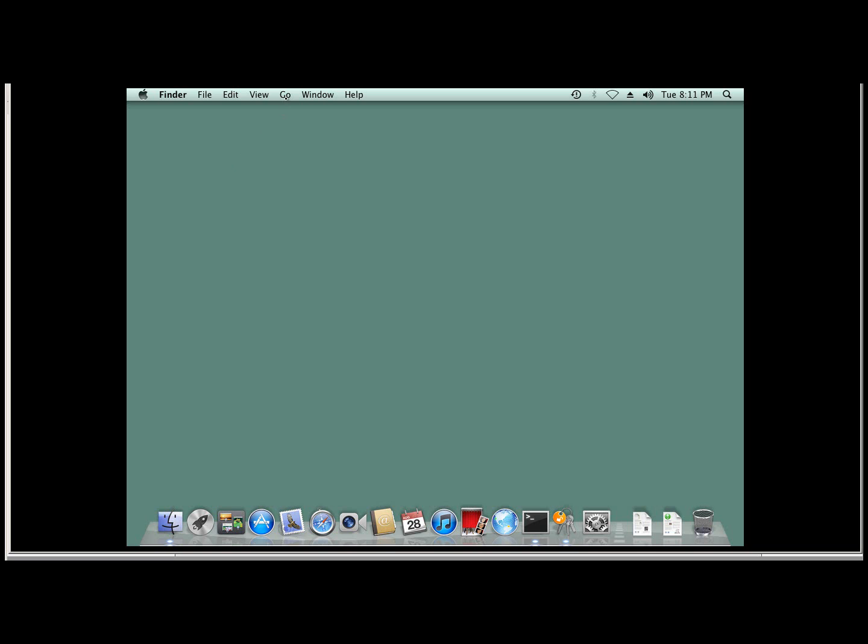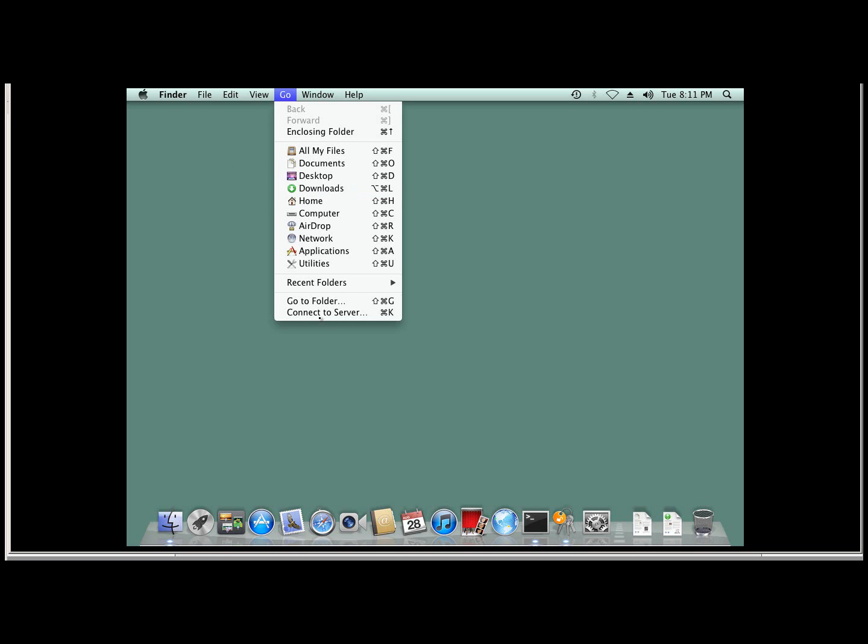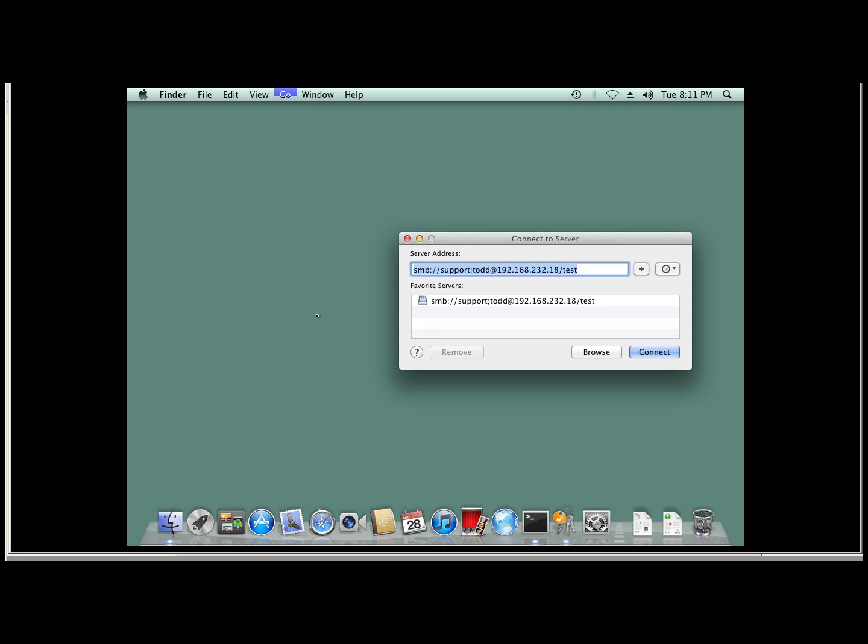Now AFP is the native protocol for Mac, so this should be fairly simple for a lot of Mac users, but for those who are new and just learning, we'll go ahead and demonstrate that. So let's remove this so we have a clear idea of how this is going to work. It's really simple, because in this case we're going to take out the username and the domain, and we're going to replace the SMB with AFP for the AppleTalk Filing Protocol. So here we'll go AFP,